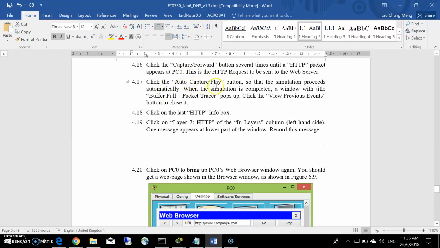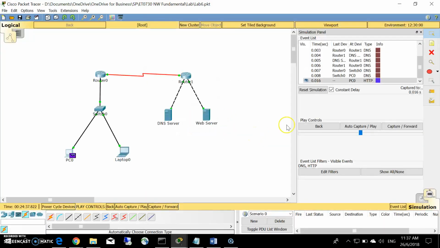Click on autoplay so that the simulation goes automatically, and click on the last HTTP packet. So autoplay. I'm just going to make it faster.